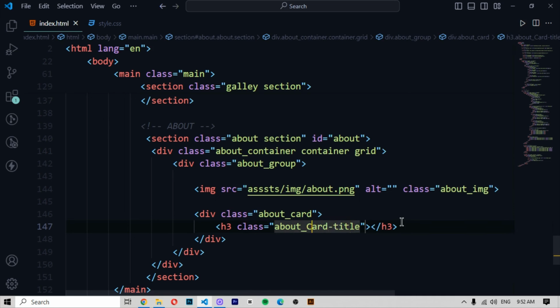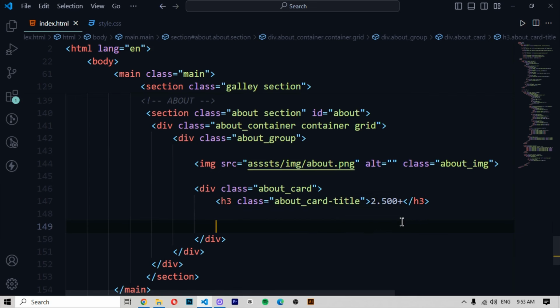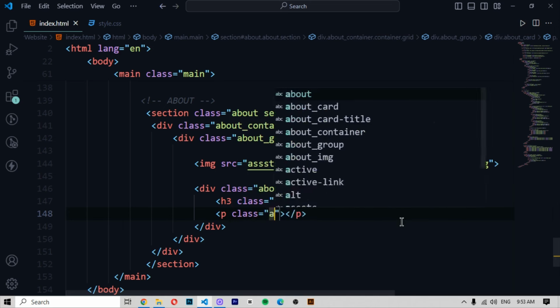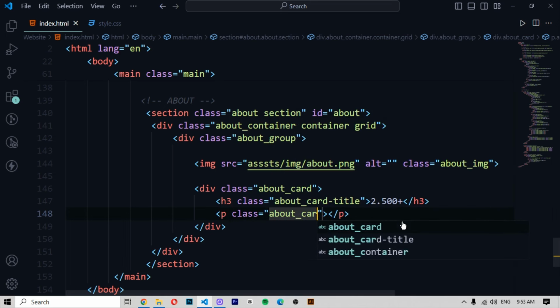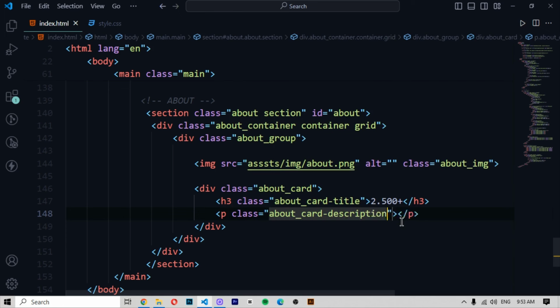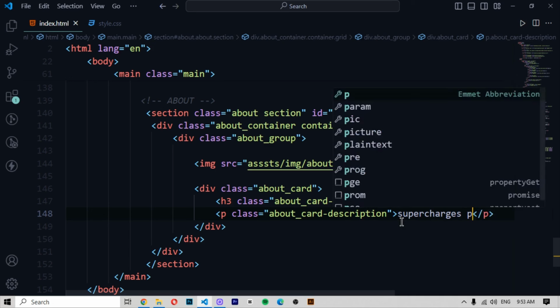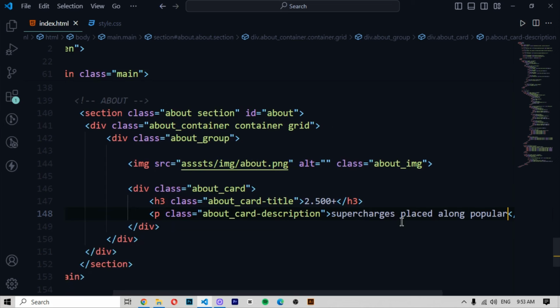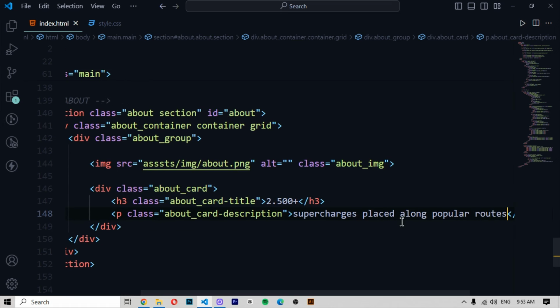title, and card C will be smaller, and then here we write 2.500 and plus, then p class will be about card description, and then here we write super charges placed along popular routes. Okay,